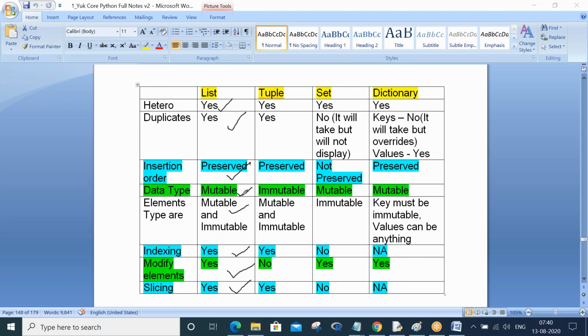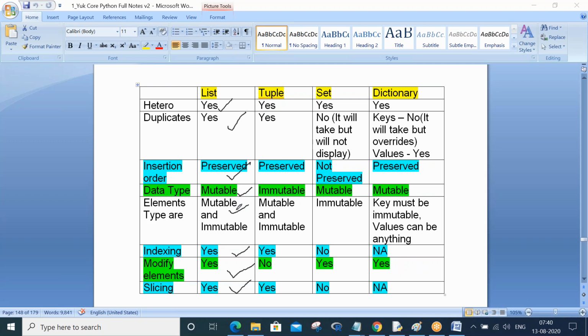Now try to compare your list with a tuple. Tuple heterogeneous, yes. Duplicates, yes. Insertion order is preserved, yes. And you know what the one difference between list and tuple is? By seeing this diagram you have to immediately point out what that is.